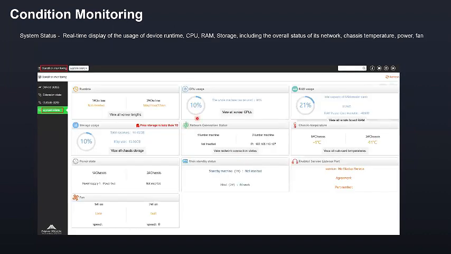The last part here for the condition monitoring is the system status. This is the usage of the device with regards to the runtime. It will tell you how many days and how many hours it has been online, and it shows you the usage percentage for the CPU, the RAM, and of course the storage.